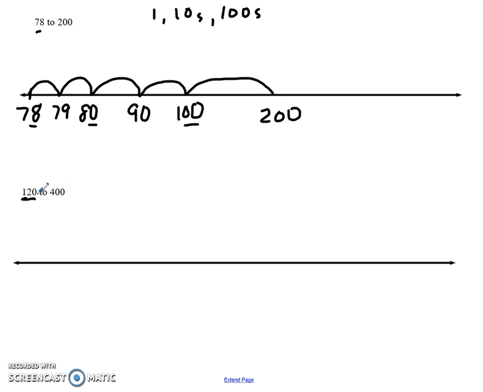So here I'm going to start with 120, and I'm going to go to 400. So I'm going to begin by placing my first number on the number line, 120. Now 120 ends in a 0, it is a 10, so I'm going to continue counting by tens. So after 120, counting by tens, I get to 130,